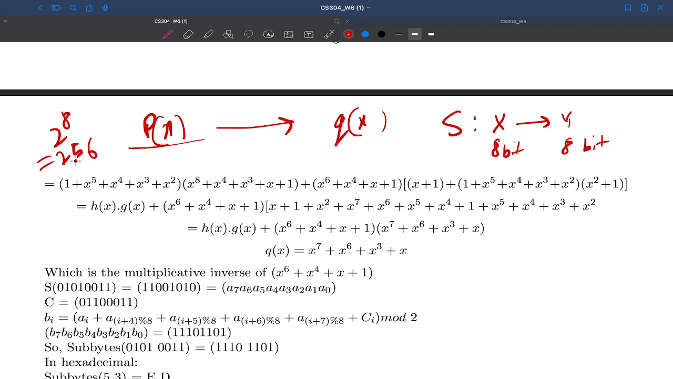Take an 8-bit string, find the output corresponding to it, and store it in a table. Do this for every single input in these 256 possibilities. Go through all 256 possibilities, find the output corresponding to each 8-bit string, and store it in a table. Now once I prepare the table,